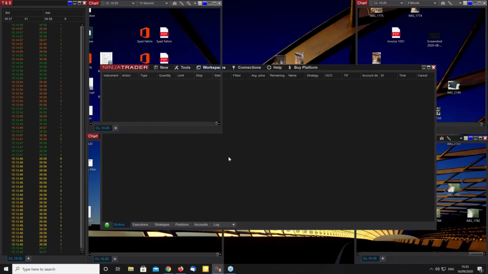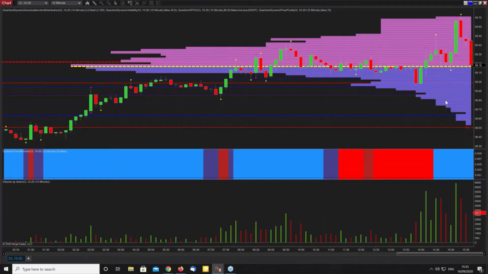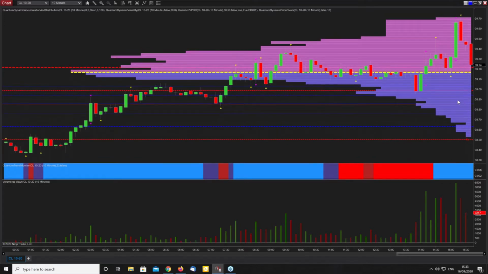Was moving nicely. Here we go. Some decent moves on oil. And again, the strength of the volatility indicator. I've got a classic example here. We have this snap move higher. You can imagine oil traders jumping in and thinking it's going to go through 40 and beyond, $40 a barrel. Lots of volume. You can always guarantee one thing.